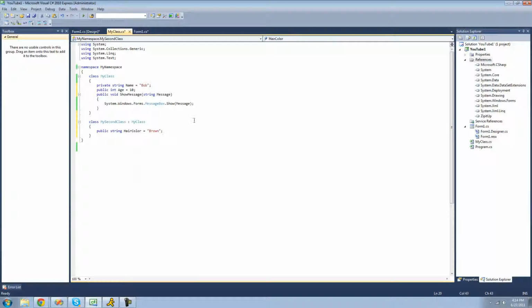Now inside of this class, we can use all of these public members. For example, we'll create a new method here, which will, I guess, just display another message box. Message box special. And what we can do here is we can now access all of the non-private members in this class. So if we wanted to have a message,